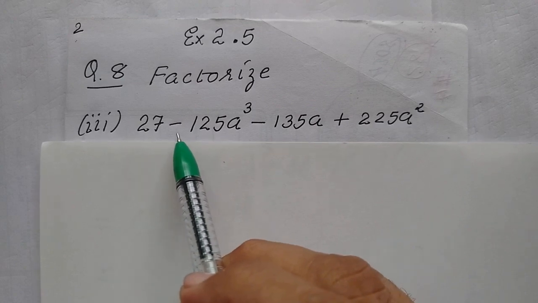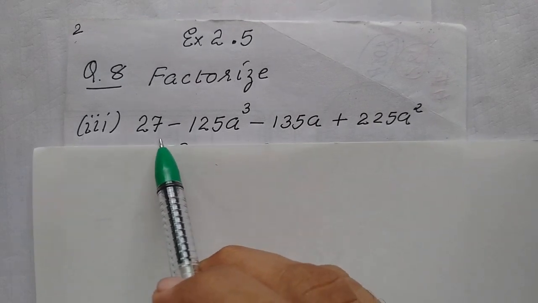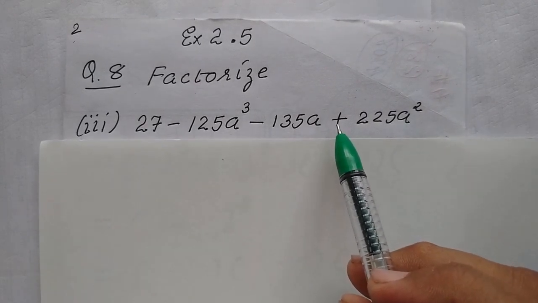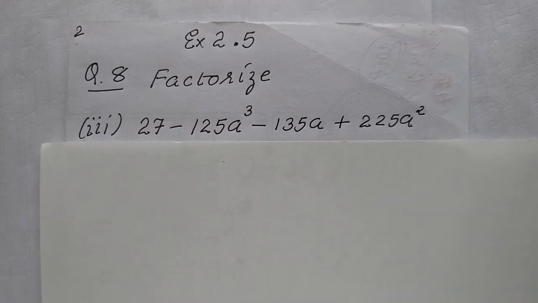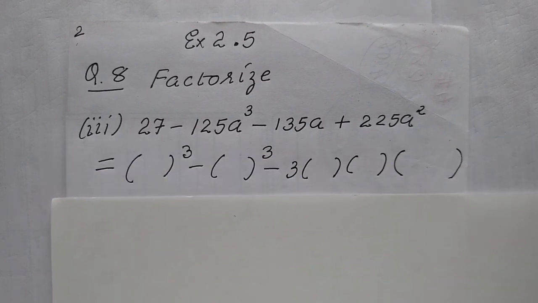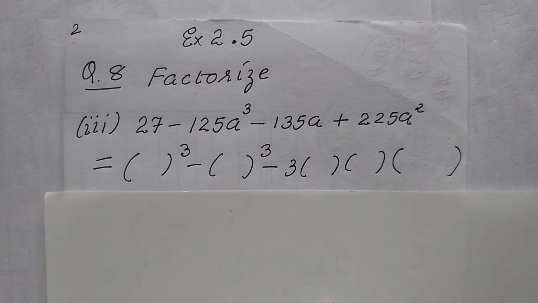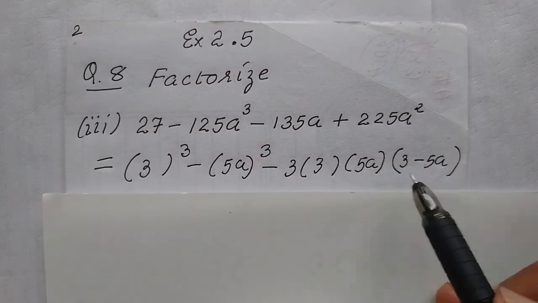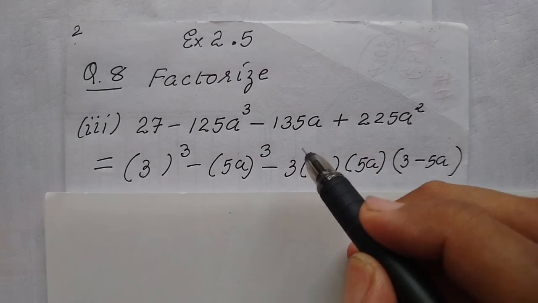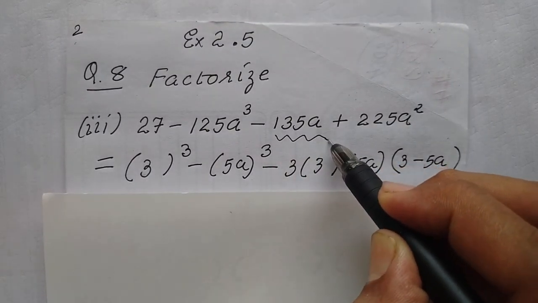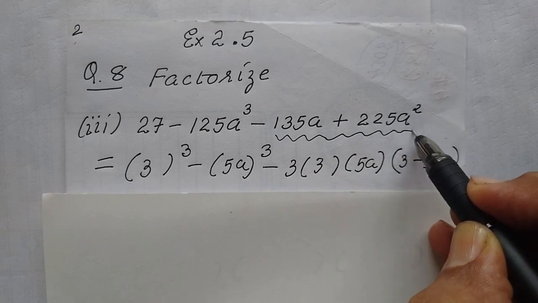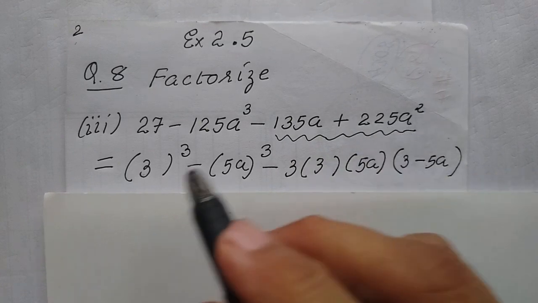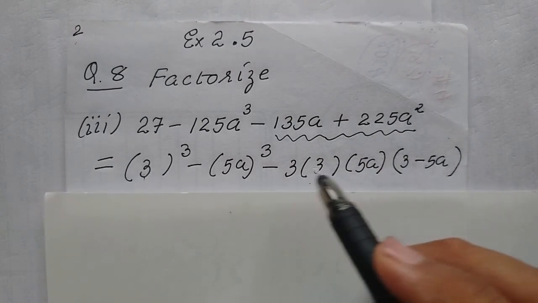Now children, here all are minus. Here first two are minus and plus. So we know that our answer will have all negative signs. See the second step, filling the brackets. Children, this is the second step. Now already I taught that this part you don't see, don't touch. From here 3, from here 5.